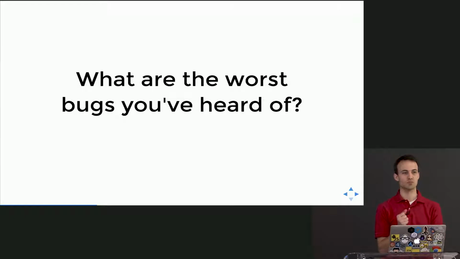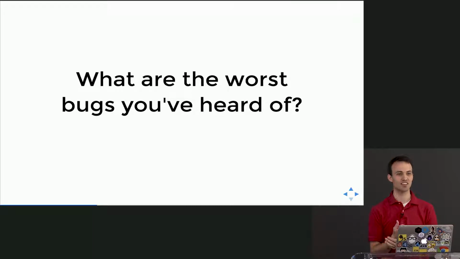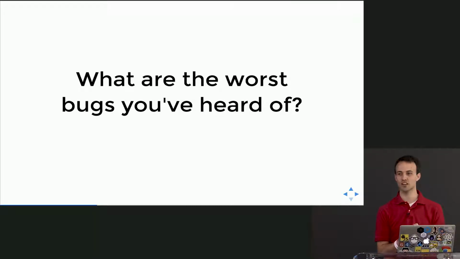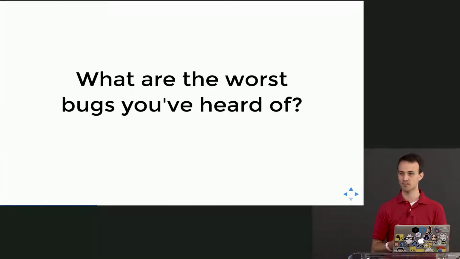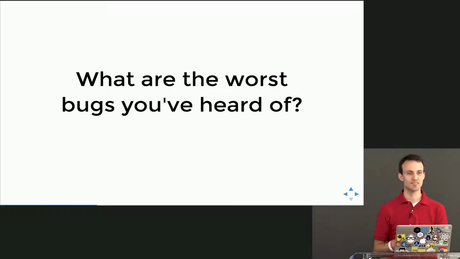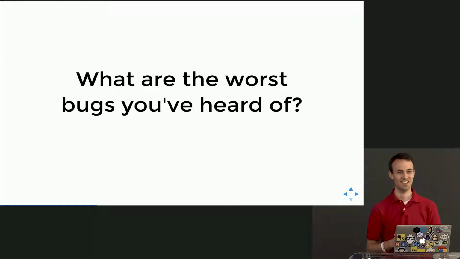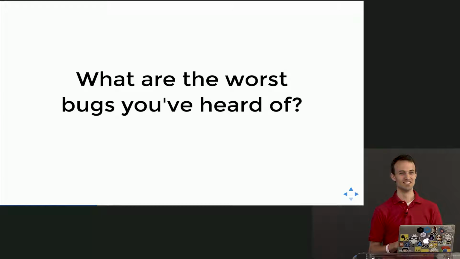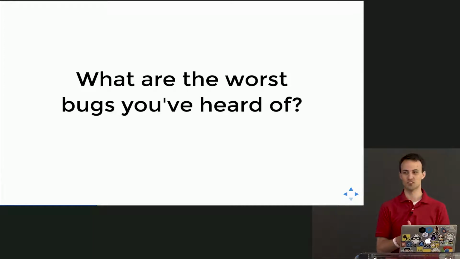So what are some of the worst bugs you've ever heard of or caused? Anything that's brought down production before, or can you think of a big company that had a really bad PR experience because of a bug? How about when that one open source project somebody committed rm -rf on the user directory or something like that? If you pulled it down, it just destroyed your entire user directory. Yeah, I don't know how you test for that, but yeah, don't rm -rf the user directory. That's a good one.